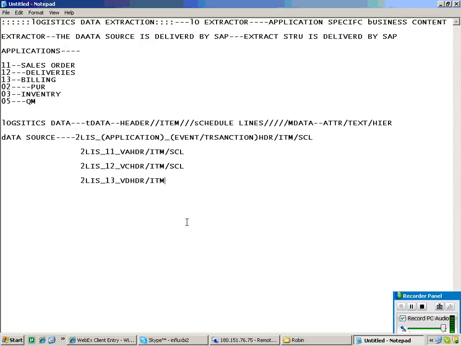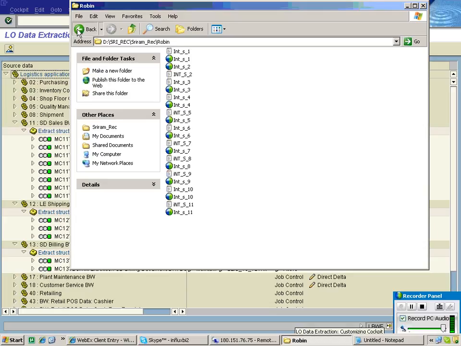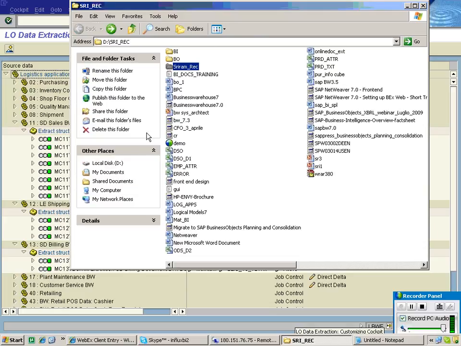You don't have schedule lines here. So this is how the data sources are going to be. Schedule lines are nothing but deliveries. Just go through this document, so we are going to get all the information.